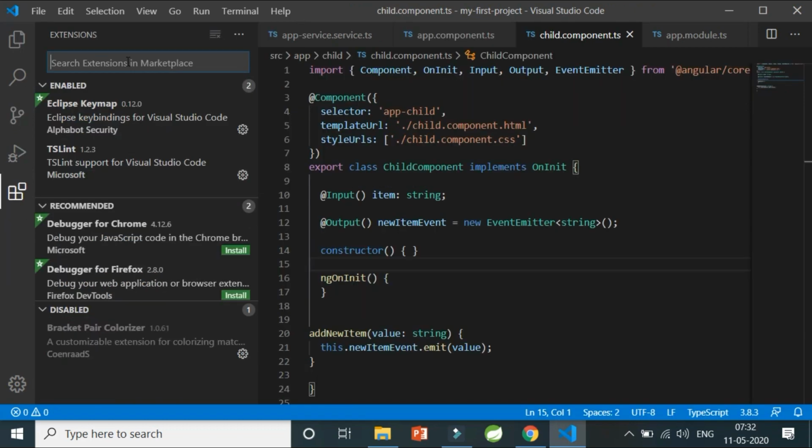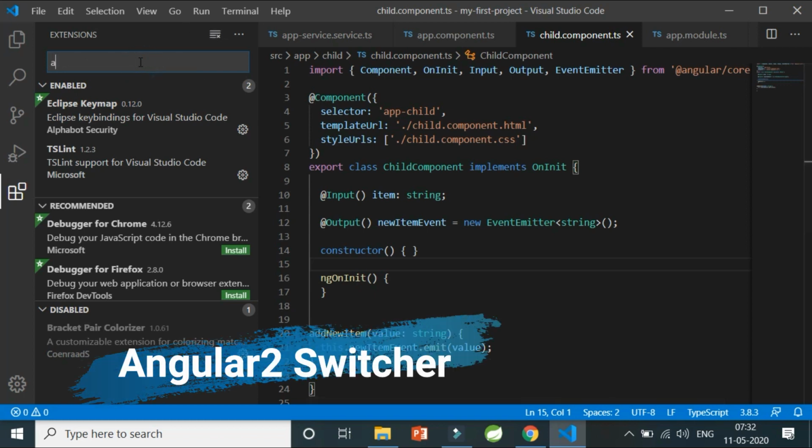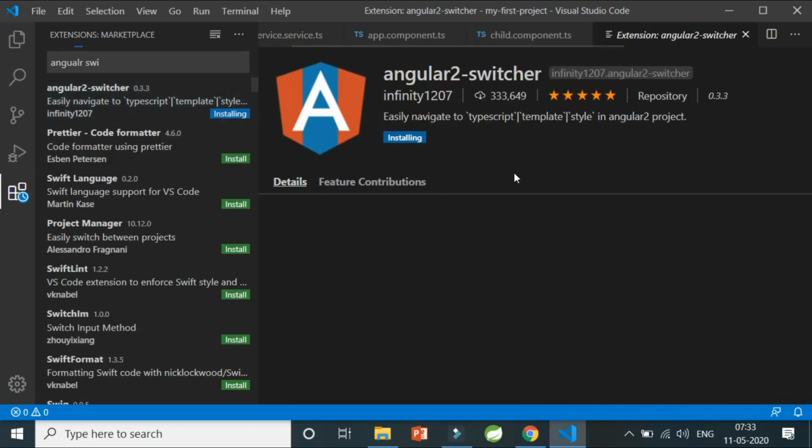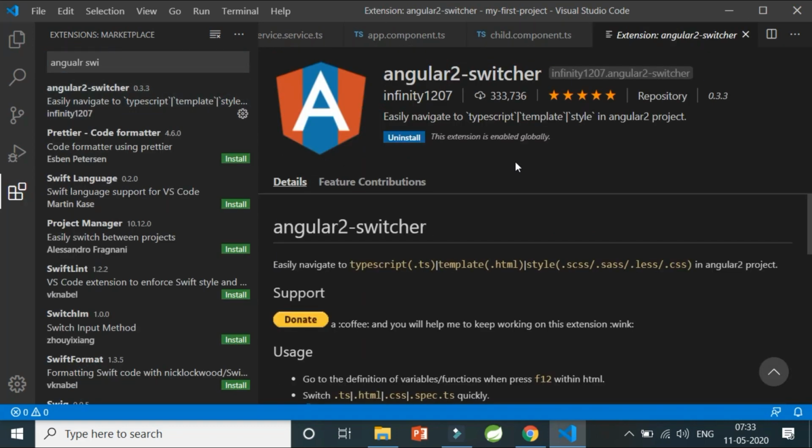Angular Snippet. So the next extension we are going to see is Switcher, which is nothing but an Angular Switcher. So search for Angular Switcher here and install it. What it will do, Angular Switcher is nothing but a way to navigate between the CSS, TS and HTML files of a particular component. So as in, if we do two-way binding or property binding, we might need to create a variable in the TS file, use that in the template file, and so many times we have to go back and forth. This particular extension is only and only for this task, to go to and from the HTML, TS and CSS files while coding.